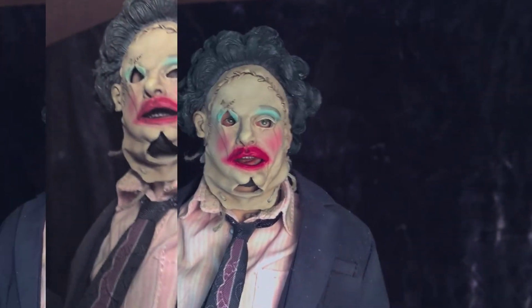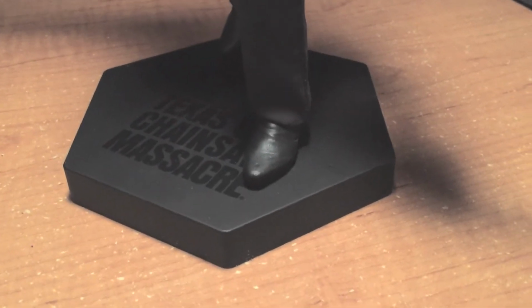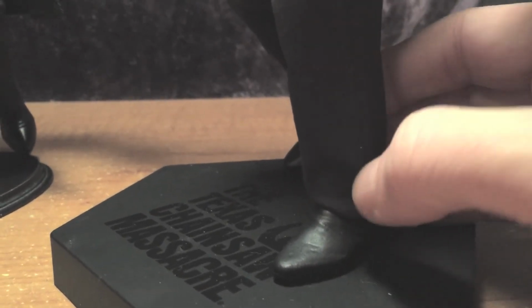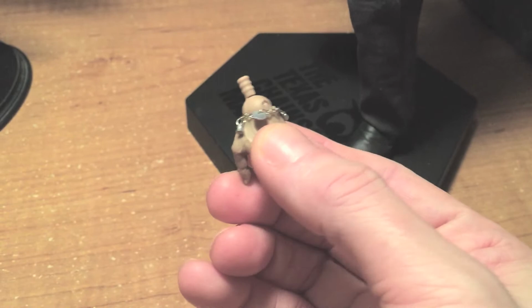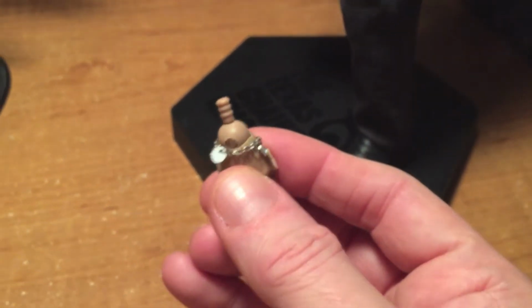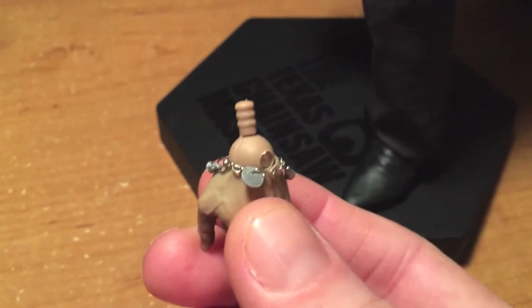I'm going to take him off the diorama right now. I'm going to put him on the Sideshow. It's basically a watermark. The boots are done really nicely. They come up to about here. I notice when you want to swap out the hands, it's probably easier to put the charm bracelet like this, or you could do it the other way, but it doesn't really matter. You just don't want to jam it into the slot because it's kind of, I want to say fragile, maybe